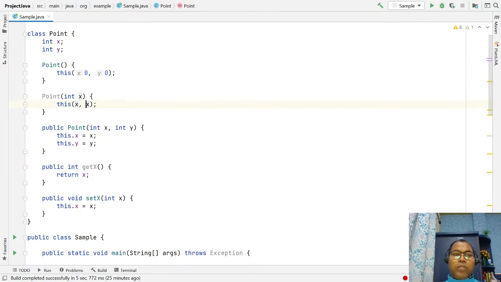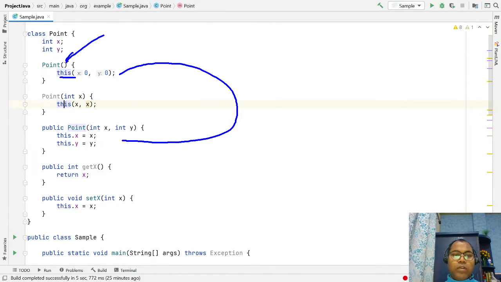If someone doesn't pass any argument, then internally I can invoke the two-argument constructor with 0, 0. If someone passes only one argument, I invoke the two-argument constructor with the same x value for both.